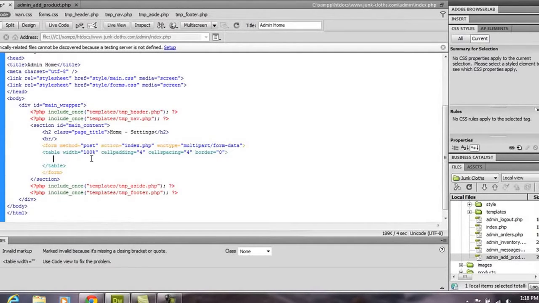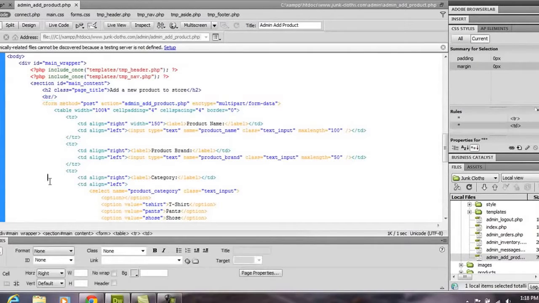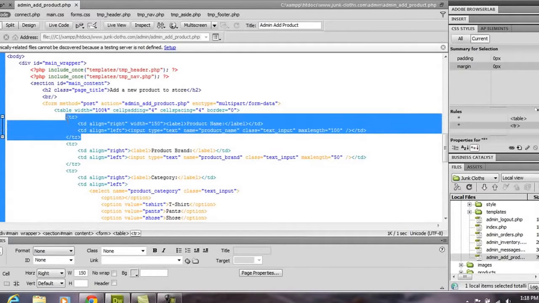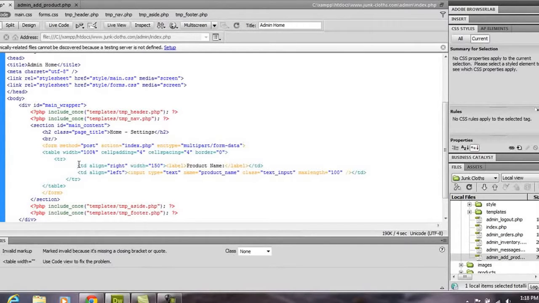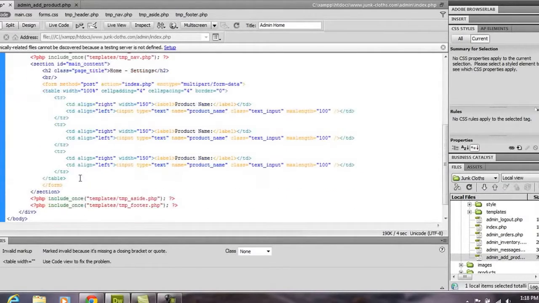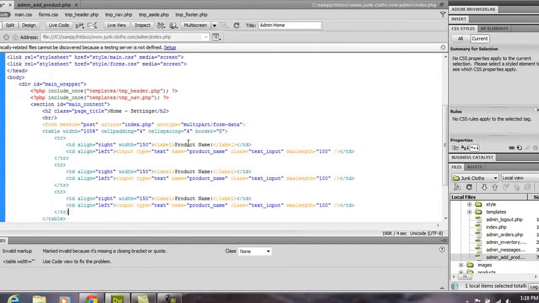Now eventually I think we're gonna need something like 5 columns, right? Something like that. No, it doesn't matter. So I'm gonna copy those rows right here and Control V, Control V. Okay, now let's see. The first one is gonna be site name. So you can say our site name. And the next one is gonna be